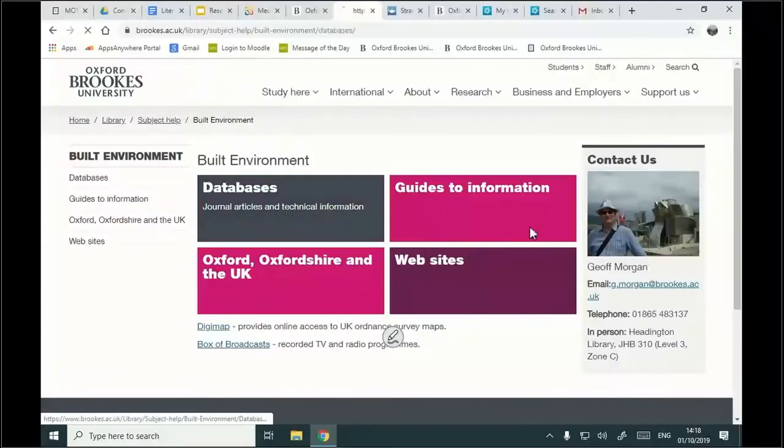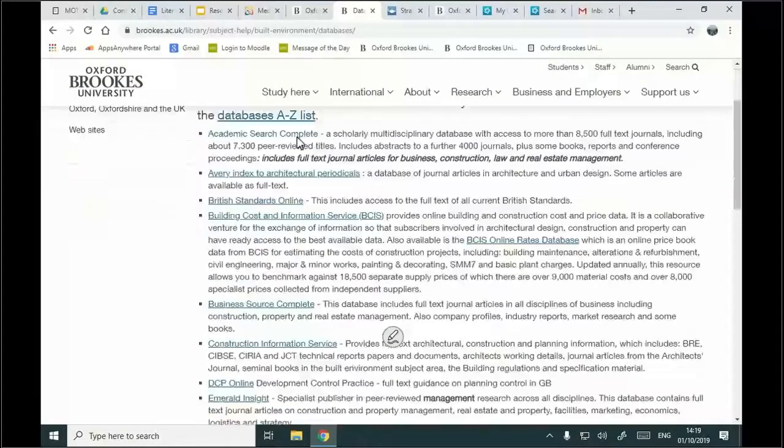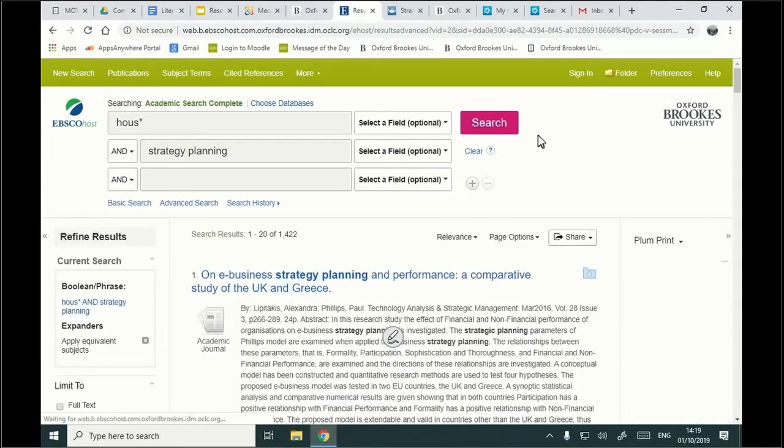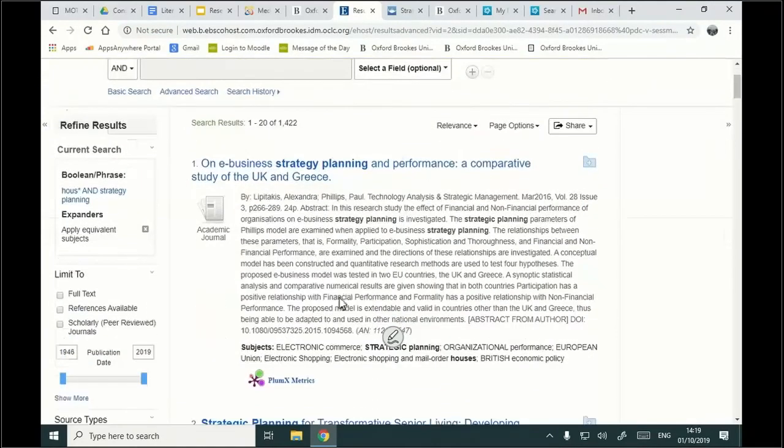So we've got databases. You're searching these using similar techniques. We've got housing, and maybe we can do these as well. Library search should pick it up, but not always. It's quite nice to have a belt and braces approach to this, to make sure that you've covered everything. So we have Academic Search Complete, a library of journal articles with good scholarly stuff, and you can see we've got